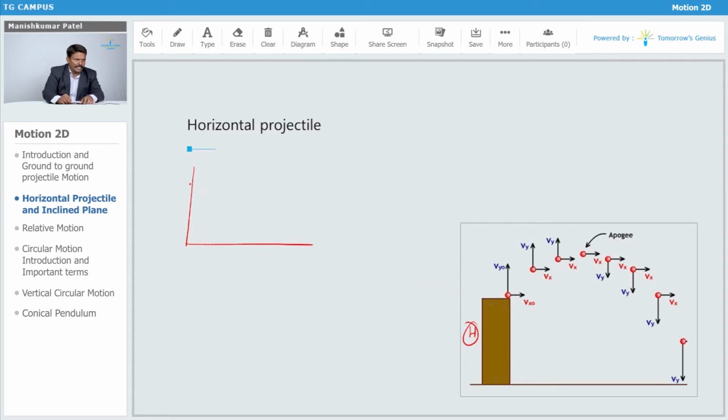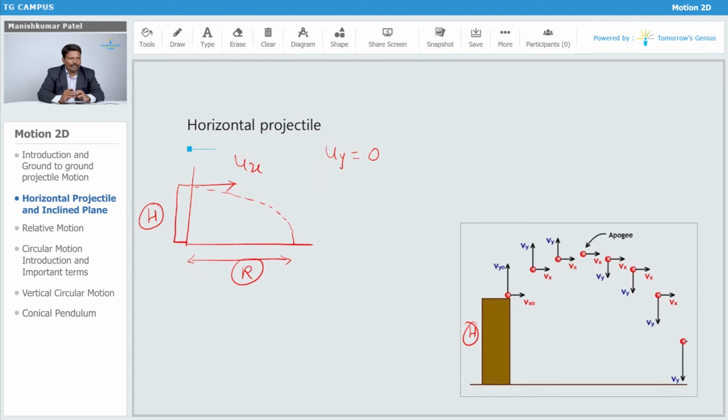Let's say I'm going to throw that object from this height, over here. It is going to follow a path somewhere over here and finally land at a particular point. Let's say this is your range, and this is the height of that tower. You're throwing it with your velocity ux. We know that if you're throwing in the horizontal manner, its vertical component is 0 over here. So your vertical component, that is uy, is equal to 0 for this particular case.